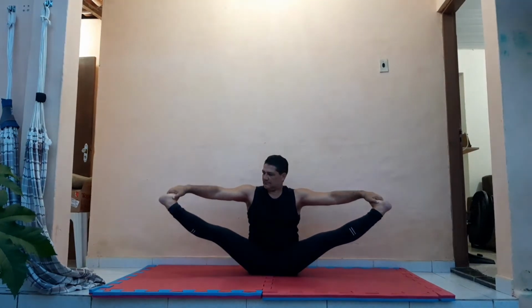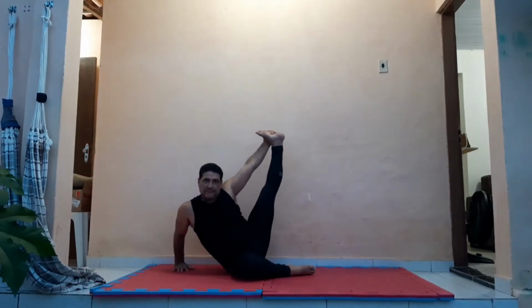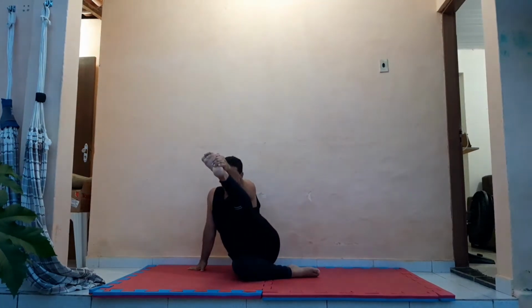It's always after the first 3 minutes, 3.5 minutes of warm up, and then I start to increase the movements. It's like a preview of the postures or asanas. I am doing a split, a frontal split right now, floating my legs, holding and grabbing my feet with my hands. And this is a very difficult posture because I needed to balance and keep my body floating in the air. One more time, I need a little of strength